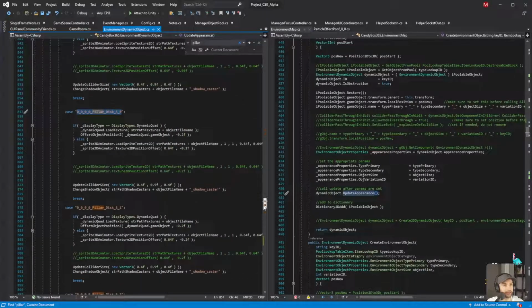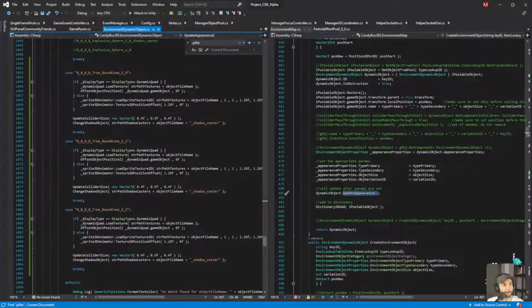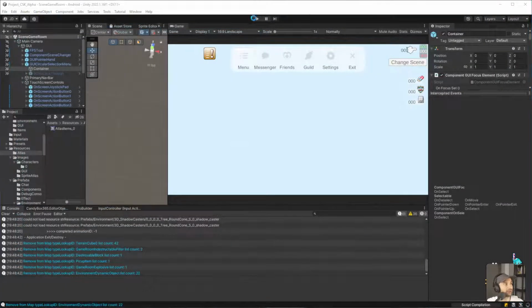I think that is it. Let's see if this works. So I'm just going to hard code it. Whoops. No, it's not what I meant to do. Okay, let's see if that works.